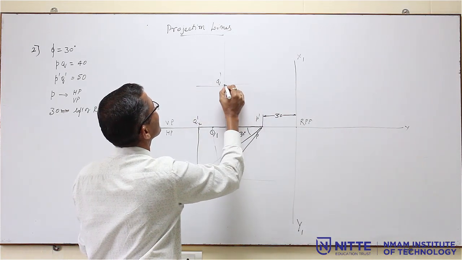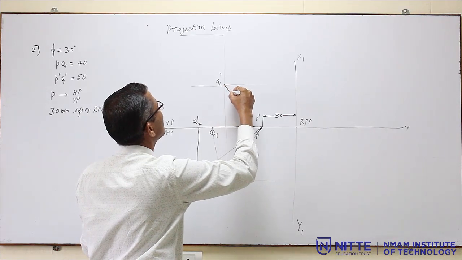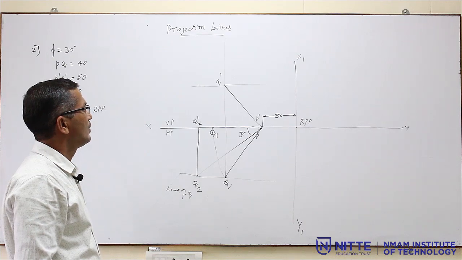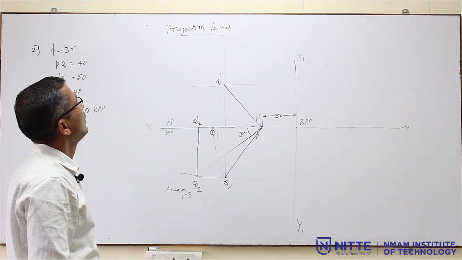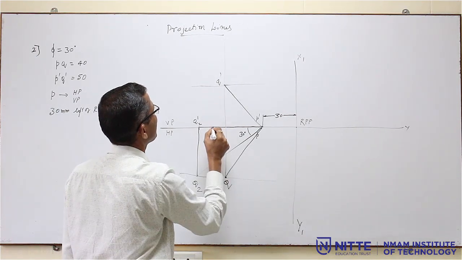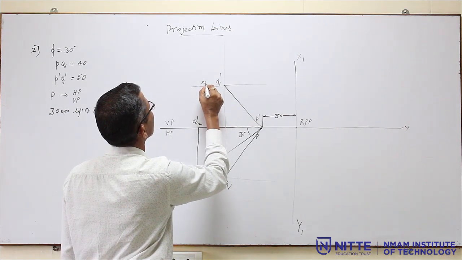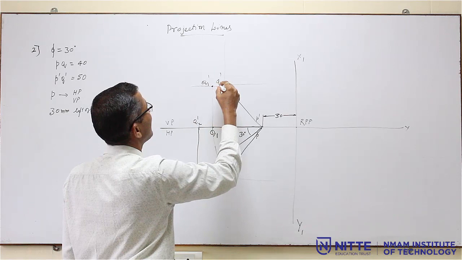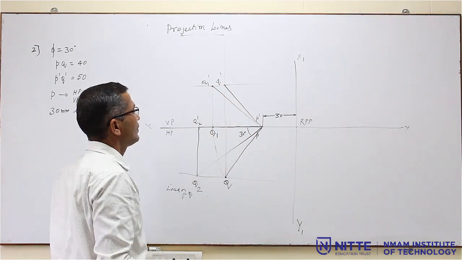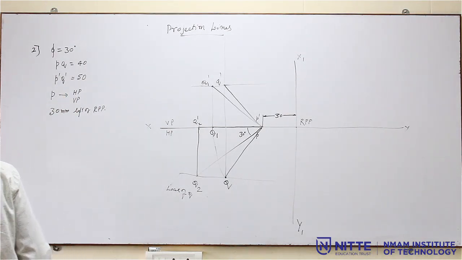Now draw the locus and join P dash Q dash with the dark line. Already Q1 is here, so we have to get Q1 dash. How? Just project it to the locus here. So this point is Q1 dash, and join it to P dash like this. So that will give you the complete solution,